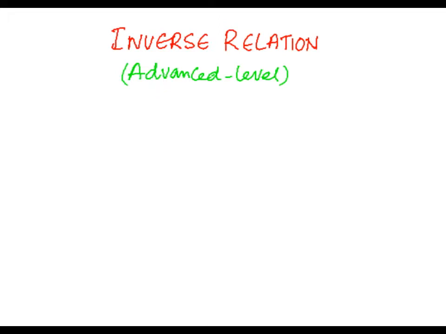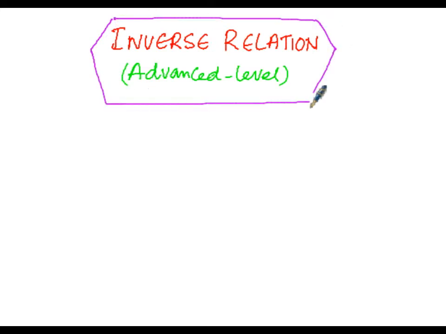So, here when we consider a relation R of certain ordered pairs, then by interchanging the first and second coordinates of each and every ordered pair of that particular relation R, we get another relation, that is a new relation from B into A. If R is a relation from A into B, then the inverse relation will be from B into A. Such a new relation which is obtained is called the inverse relation of that particular R.